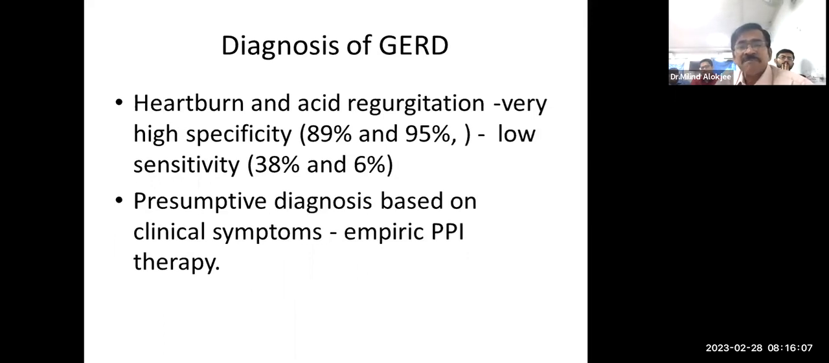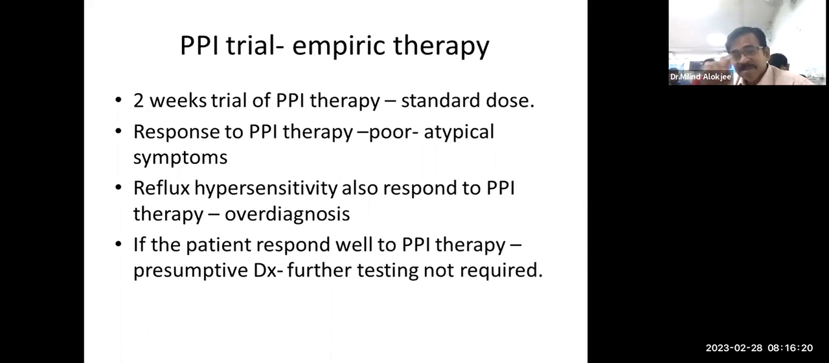So, the most important symptoms for diagnosis of GERD are heartburn and acid retention. And based on this presumptive diagnosis, one can start empiric PPI therapy. So what is empiric PPI therapy? This is a 2-week trial of PPI therapy at standard dose. A patient who has classic symptoms may respond to PPI therapy, and that may give indirect evidence of diagnosis